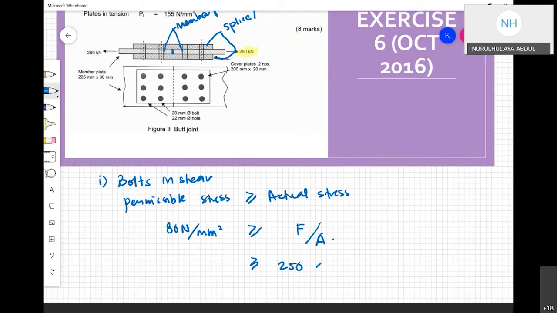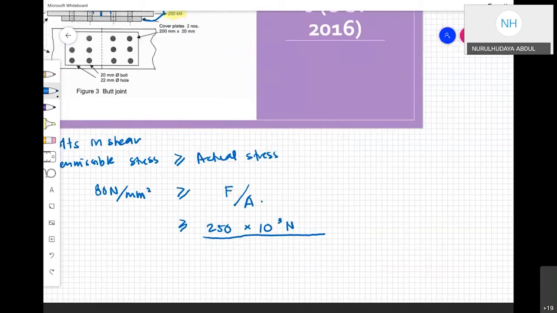We need to change it into Newton, convert it into Newton. And here you see there is area. Okay, which area? We need to look at which area is actually in shear. If you look at the bolts, it is supposed to be circular, like this, if you look at the front view of the bolts. What is in shear is actually its cross section, because you know shear is